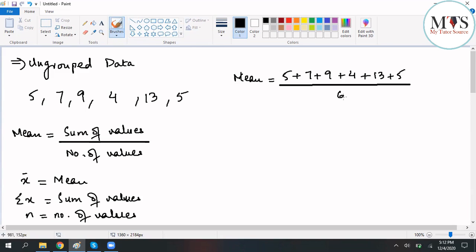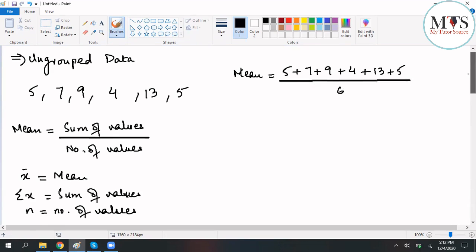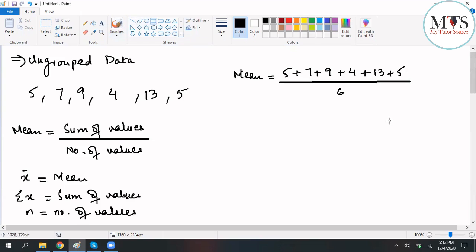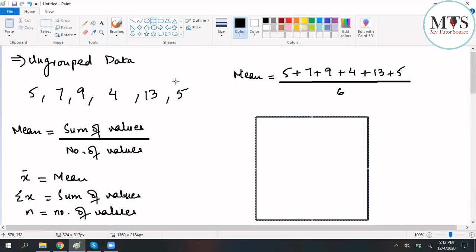What if it was ungrouped data in a table? Ungrouped data is not given in a table. Oh, really? Yeah, it'll be given like this. And even if it is, let's say, instead of writing these numbers, they go like,